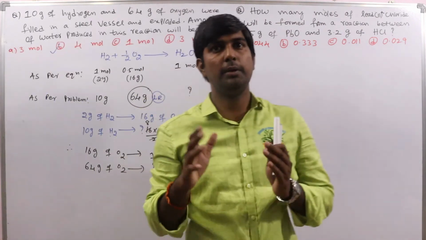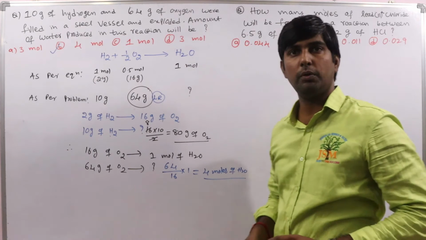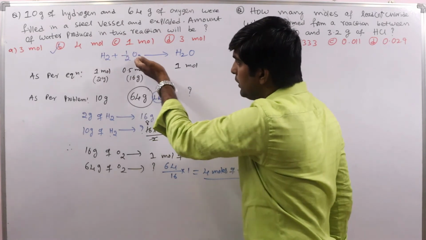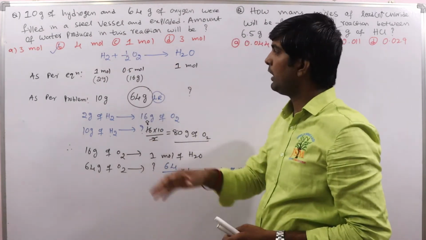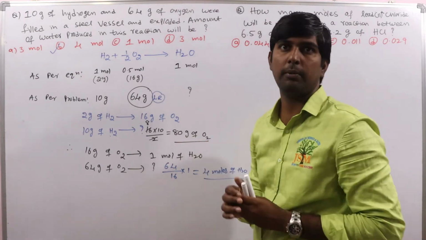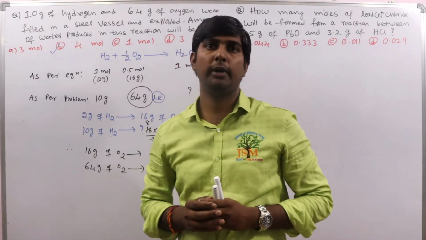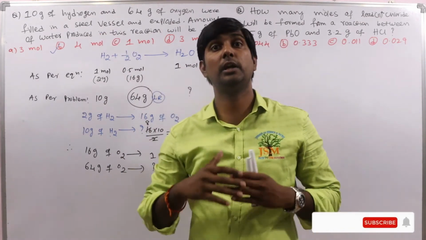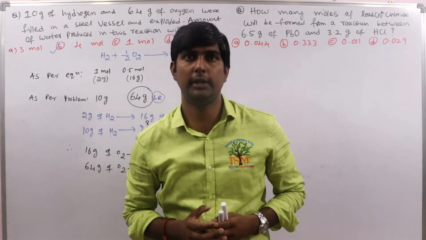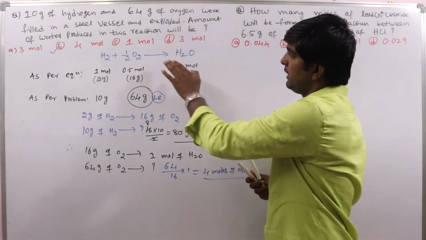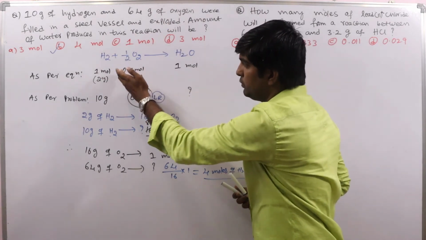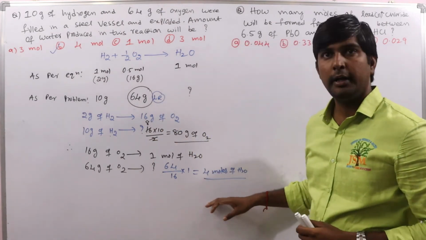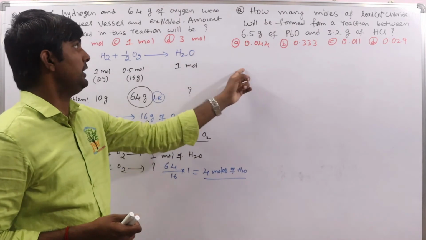Clear? In every problem, whatever it is, with the information provided, first write the balanced equation. As per the equation, see how many moles react, how many moles are formed, or how many grams reacted, depending upon the problem. In some problems, volumes are provided; in some, weight is provided in grams; in others, they ask how many moles formed or reacted. Whatever it is, first write the equation, and depending upon the problem, choose volume or weight, mass or moles. Clear?